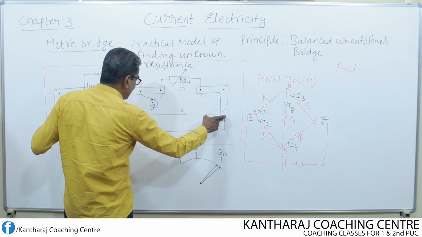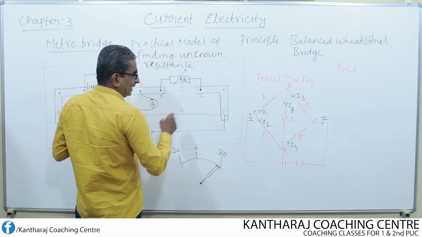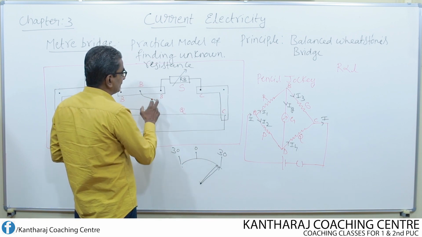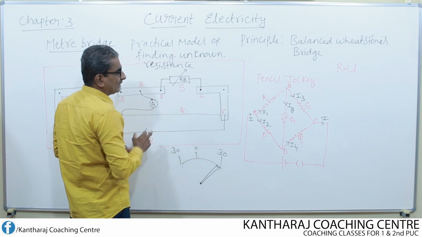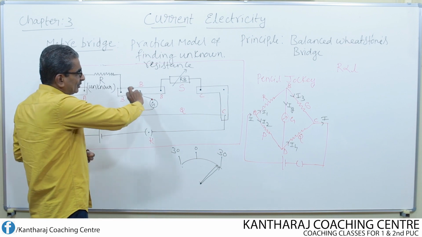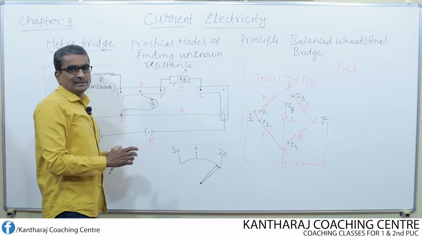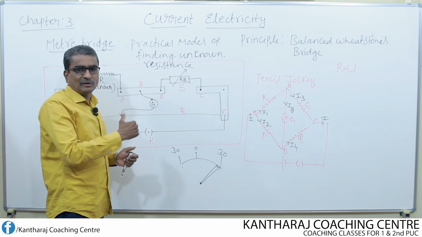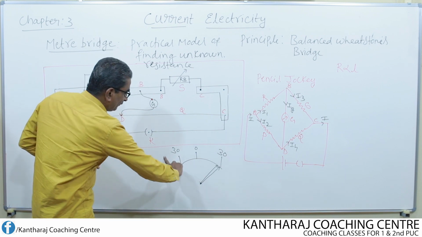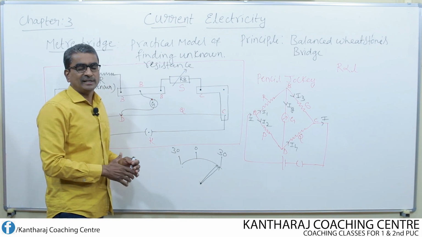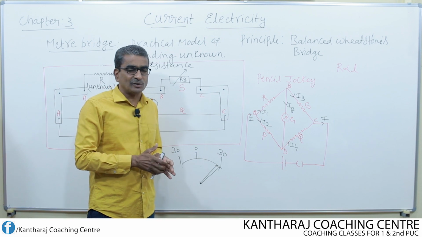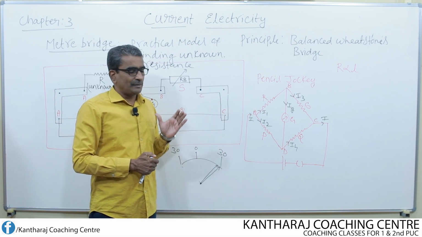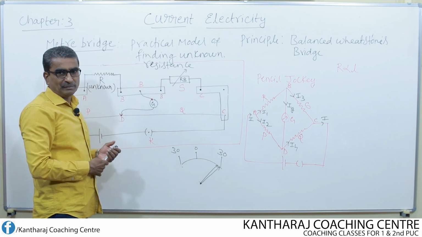There may be loose contact between the terminals A and C, and there may be loose contact of the terminal B as well as of the terminal C. So we have to tighten everything, then the circuit becomes okay. Once the circuit becomes okay, then the deflection will be on either side. So this is how we must ensure the correctness of the circuit before going into the experiment.